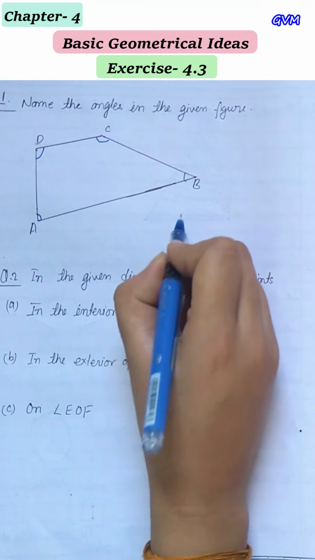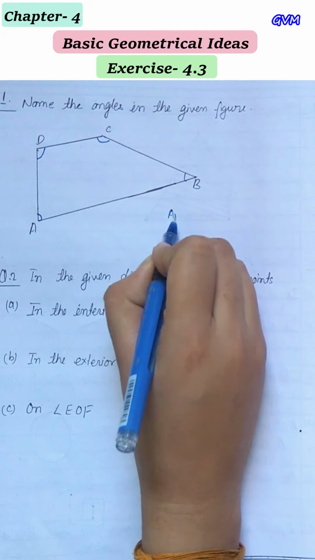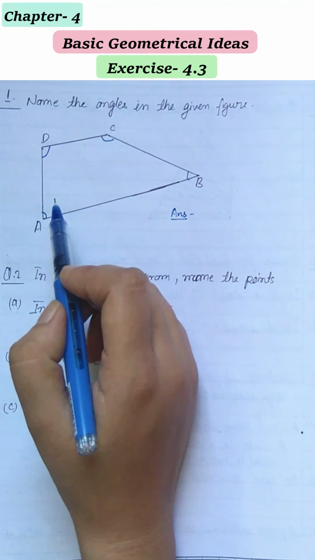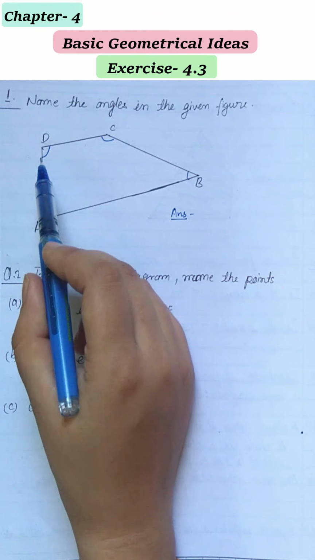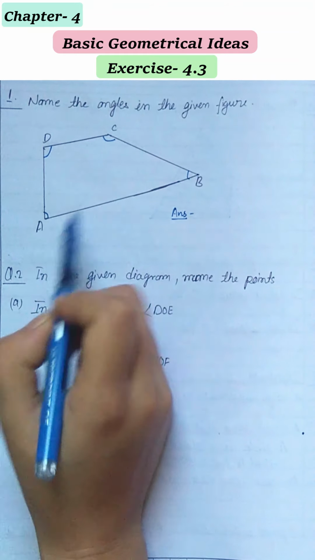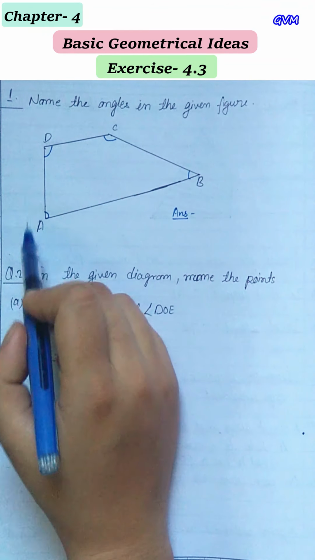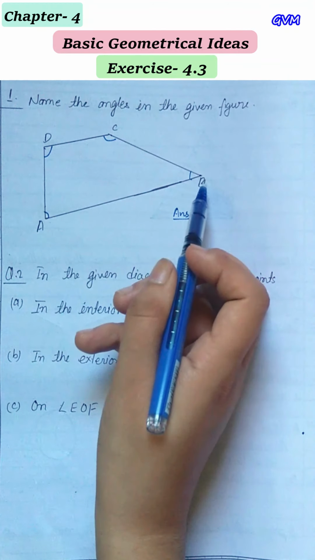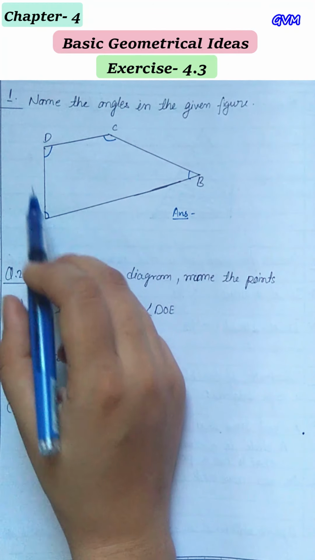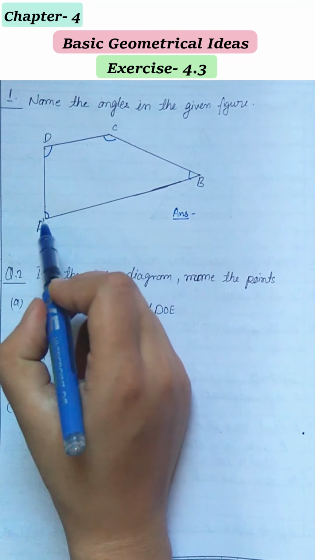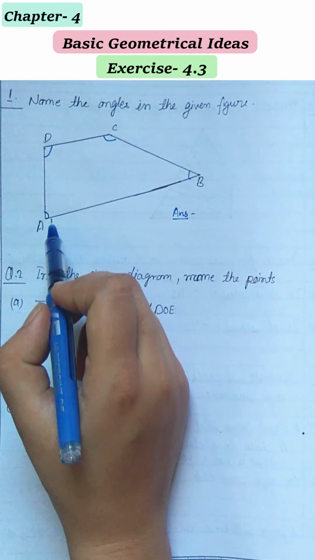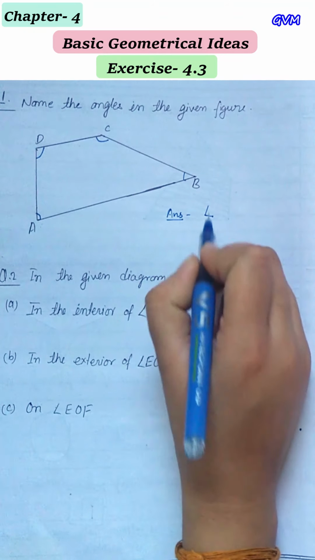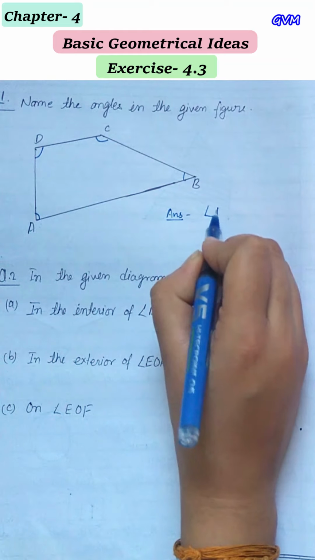So first angle we have. When we name an angle, we name it by the line segments it is created from. It is an angle at A and we can call it DAB, as it is formed by DA and AB and A is in the middle of these two lines. So this is the sign of angle DAB.